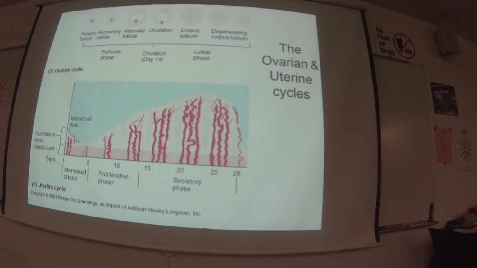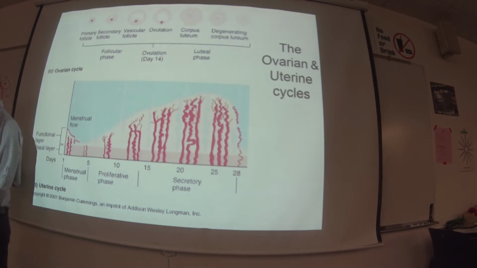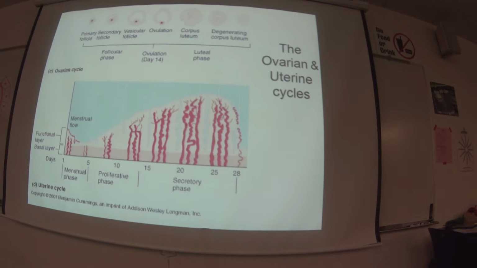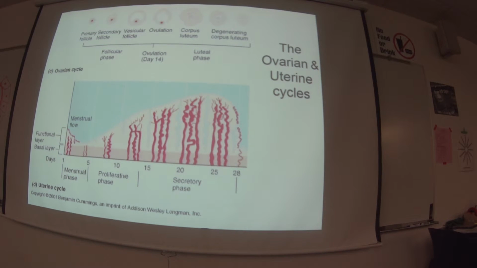So if we zoom in at the upper part of this picture, this is a little bit more important for this week's information because the last terms on your sheet are talking about the endometrium, talking about the different follicles. So let's take a look at the endometrium. The endometrium, the innermost layer of our uterus,